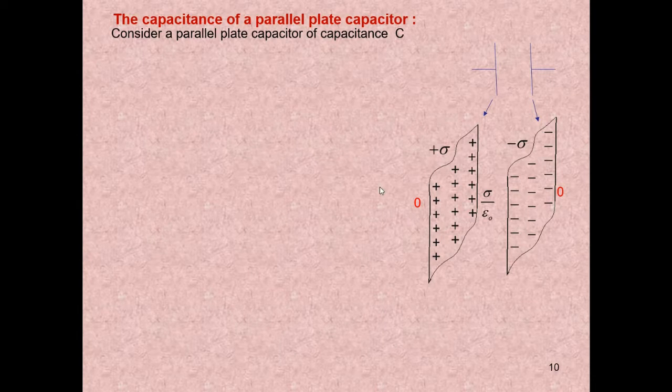That was the special case we discussed already. This diagram also we have drawn at that time. This is one infinitely large sheet, other infinitely large sheet. They are equally charged, but the sign of charge is different. Surface density here plus sigma, surface density for this charge minus sigma. Outside the assembly of the plates, the electric field is 0. This we finished already. We did one numerical also on this.